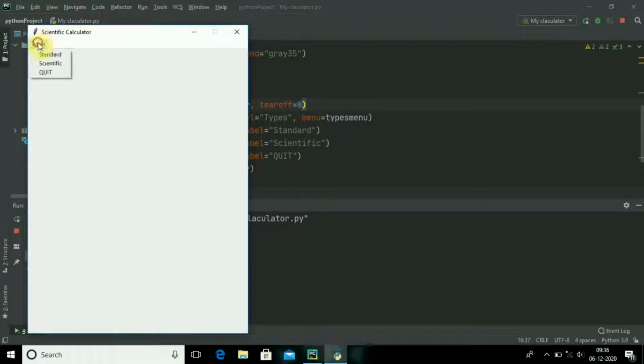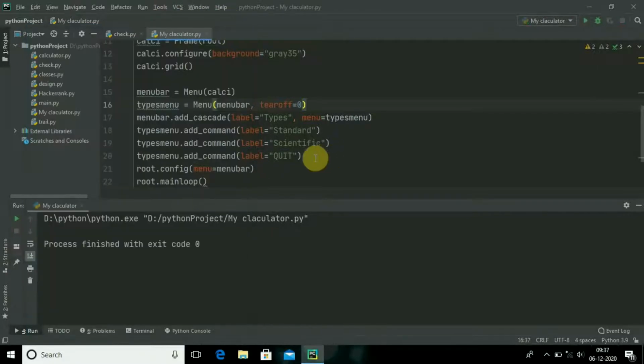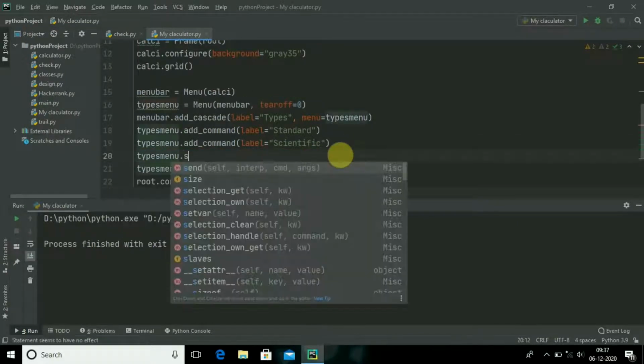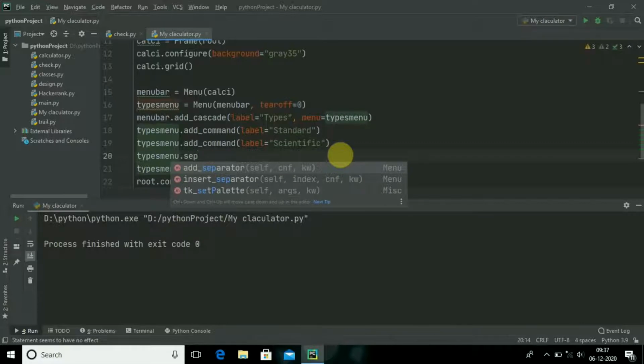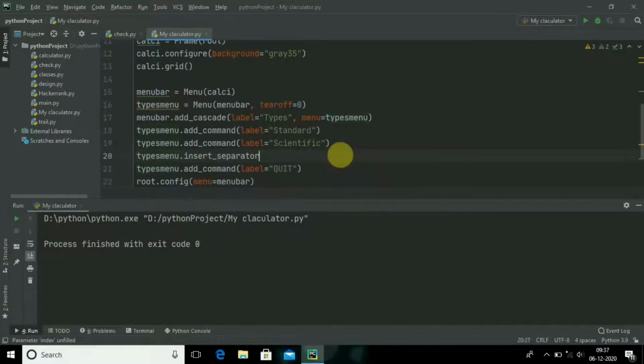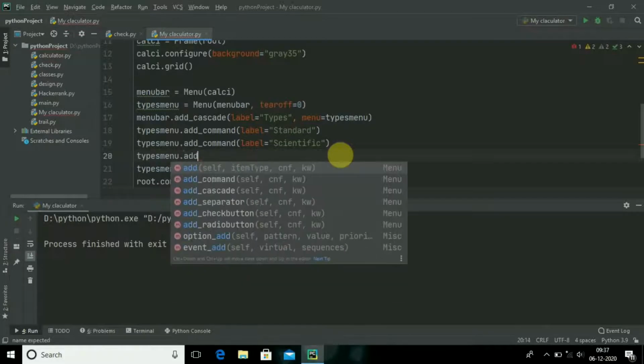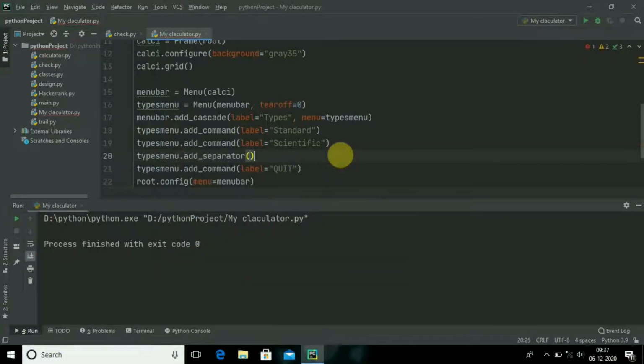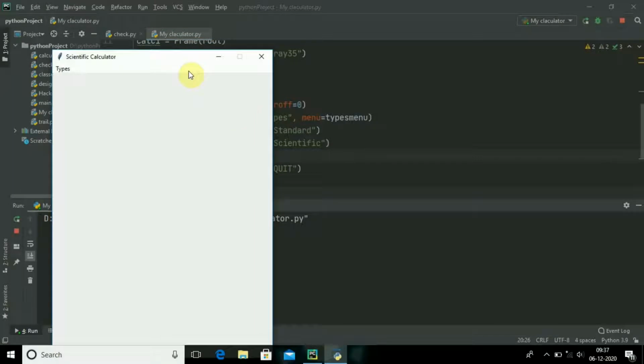See types. Whenever I click on standard, scientific, there are no functions. These two are other commands and the quit I need to separate from these two. So let me use insert separator. I am adding a separator, so add separator, and let me run this again.